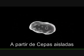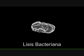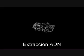When a bacteria containing these plasmids dies, it breaks open and liberates these plasmids to the outside environment, and they are often